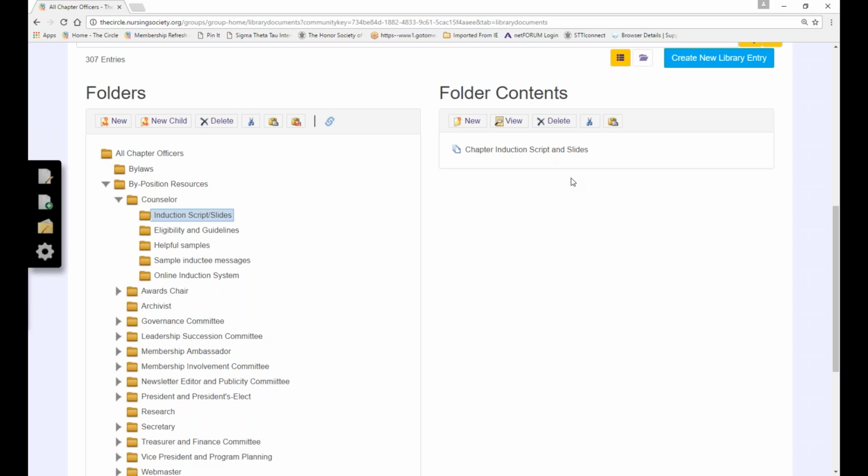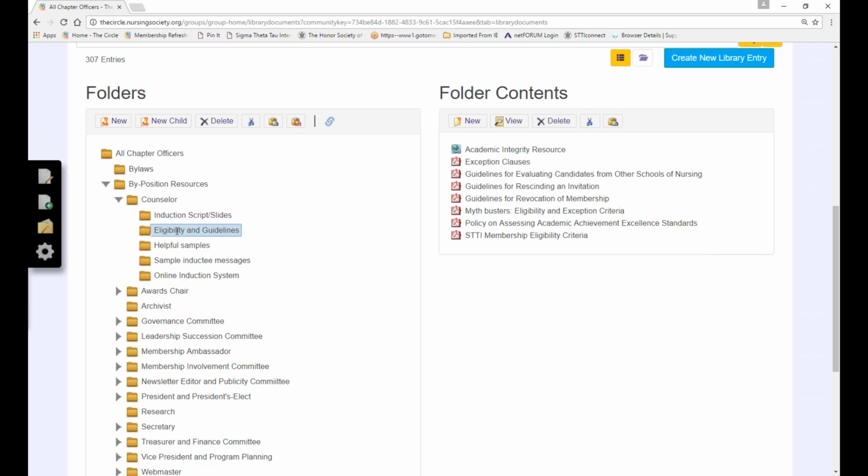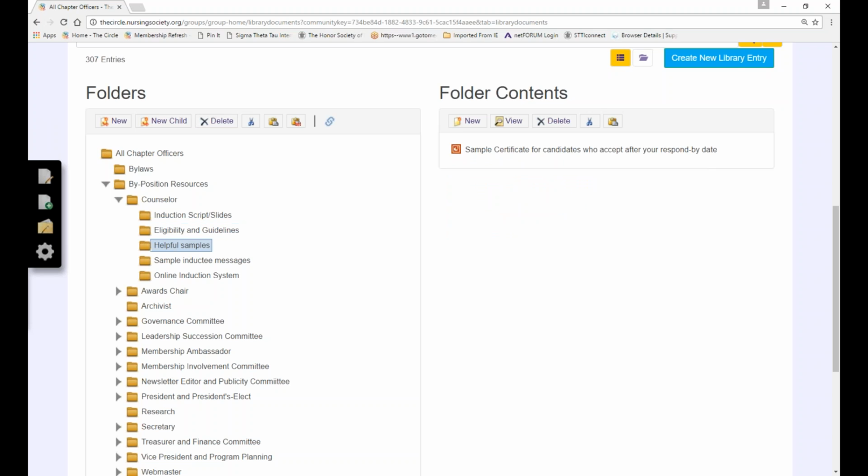We do ask that your chapter download a copy for every induction that you have to make sure that you have the most recent information that you're sharing with your candidates and their families. All of the eligibility information, some helpful samples that chapters have shared within the forum are posted here, as well as some inductee messages. There's one here to send before your invitation to kind of give your candidates a heads up and a congratulations, let them know some of the expectations and how they can accept that invitation that will come from you,